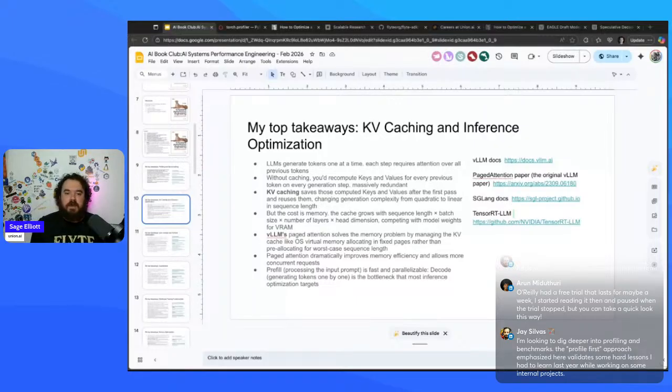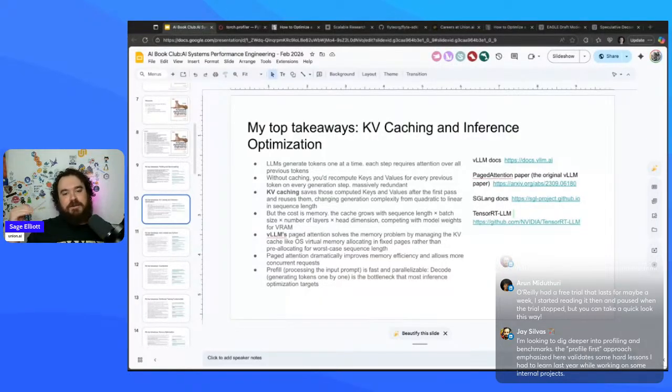And then the other area, and you're probably somewhat familiar with this, at least you've been hearing about it, maybe you haven't implemented it, but it's KV caching and inference optimization. I think this is from that inference chapter. Some of them kind of blended, so I forget exactly. But this is where LLMs generate tokens, and if you think about how they actually work,